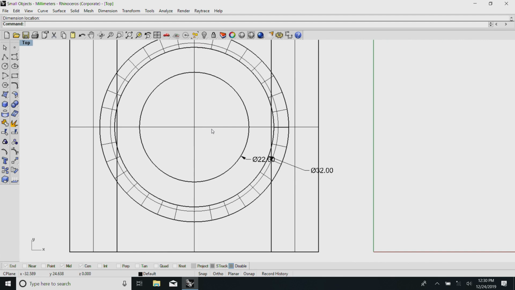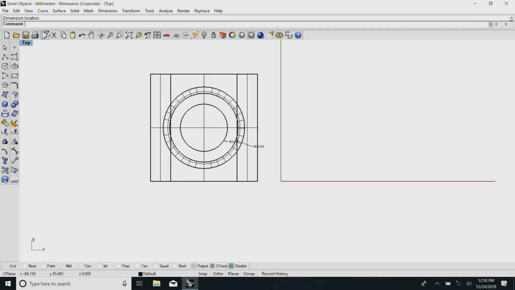So, by carefully trying to place it the way we wanted, it is possible to indicate all these things.